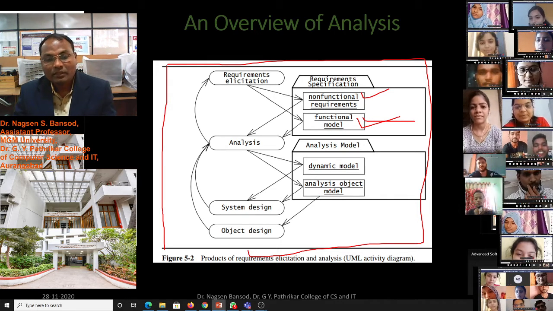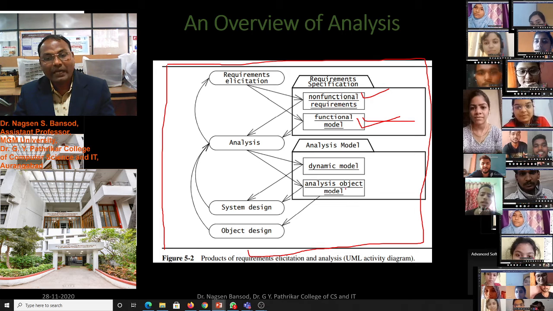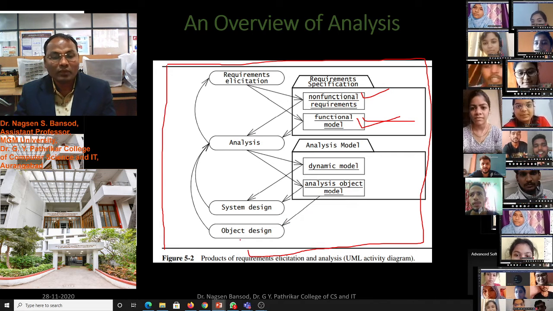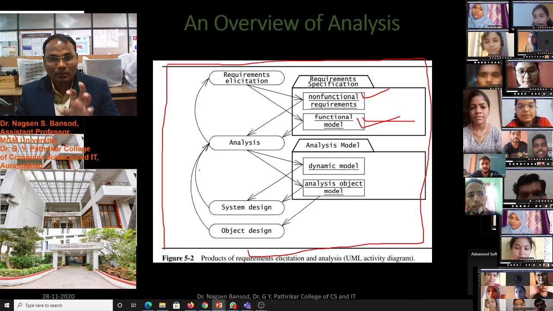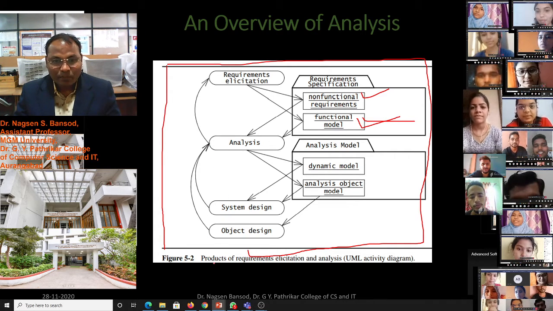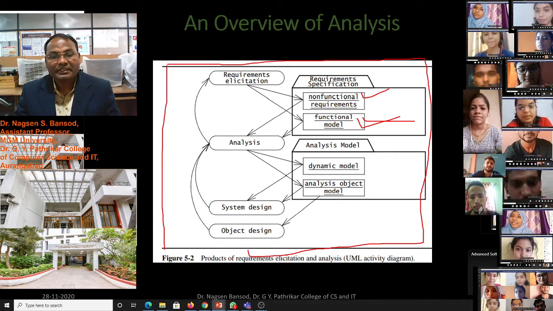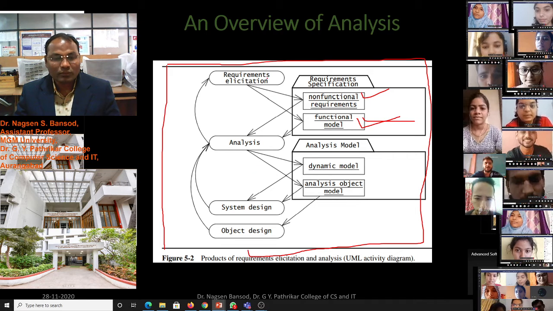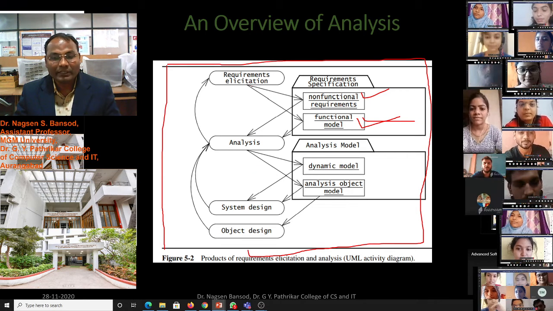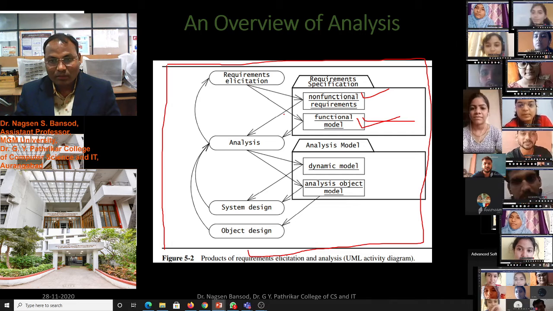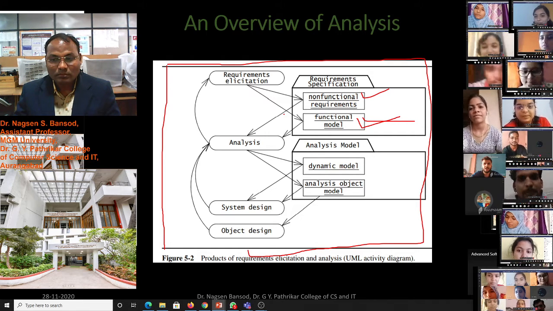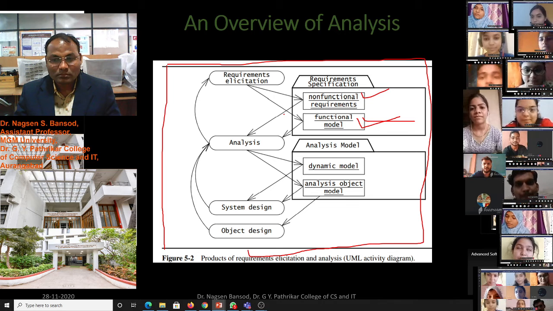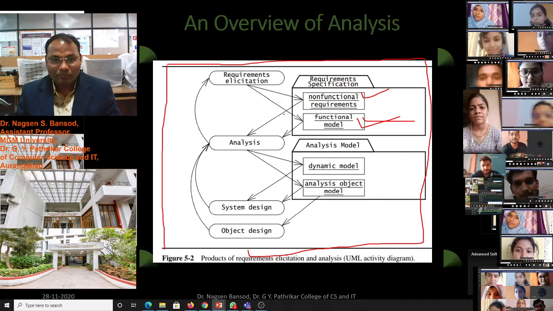If that information is related to the analysis object model, then we have to design the objects of the software. Like this, we can design an activity diagram of the products of requirement elicitation and analysis. Is it understood? Yes, sir.